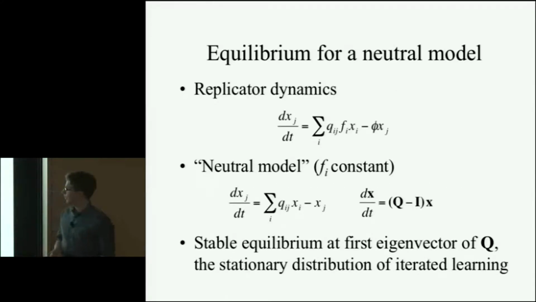So just to be a little more precise about that, I told you about the replicator dynamics in its general form, where we have the influence of both the mutation, Qij, and the fitness, Fi. If we assume that Fi is constant, then this simplifies down to what we can call a kind of neutral model. The scare quotes are there because we're still allowing for directed mutation. So the dynamics of this model are going to reflect the fact that the Qij could favor some hypotheses over others. But in this model, what we're going to be able to do is to say, if we look at iterating this dynamics, and we try and figure out what the equilibria are, so where